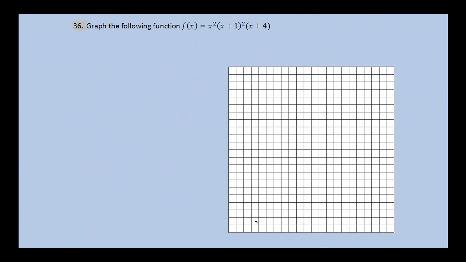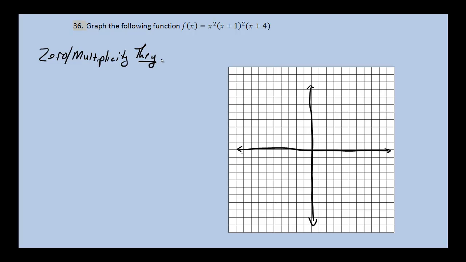So let us continue. So now we have to graph the function x squared times x plus 1 squared times x plus 4. So first of all, I'm going to go ahead and identify my y-axis, my vertical y-axis, and my horizontal x-axis. And I won't be able to draw this perfectly, and I guess I should be more specific in the instructions and say that this is not to graph perfectly, but just to graph an impression or give an idea of what this function will look like. Because here we're going to use our zero multiplicity